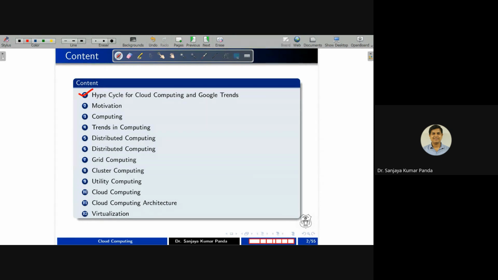Computing is not a new word. Computing was there since, you can say, 50 or 60 years ago. We do calculation initially, then we go for computation. So why there are different technologies, why different computing paradigms are coming day by day, needs to be understood. So I'll tell you some informal examples in motivation so that you will see what is the importance of each and every computing and why there is a requirement of a new computing paradigm.